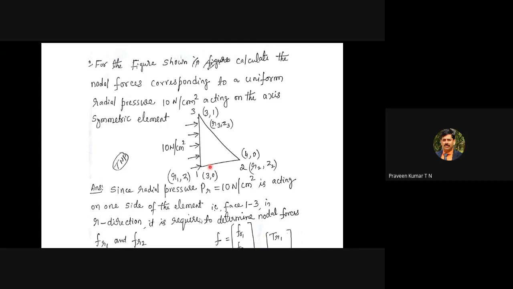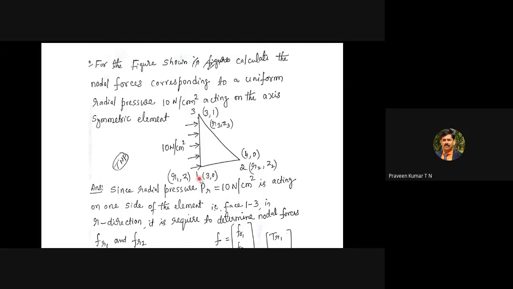Now edge 1-3 is the surface edge, in the outermost space, but edges 1-2 and 3-2 are the inside edges, where no traction force is acting. Only on the surface is traction force acting. If you consider the road and the tire surface, there is interaction only on the outer surface, not the inside surface. That means there is no radial force acting at node 2. There is no traction force in the radial direction, or along the Z direction, at node 2.